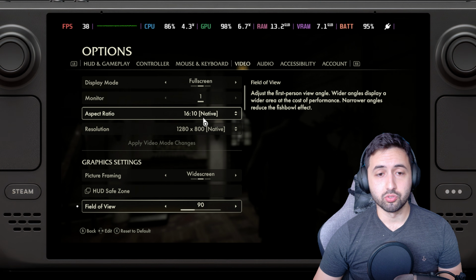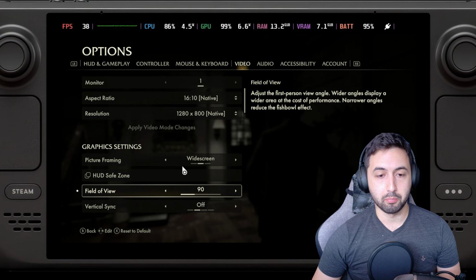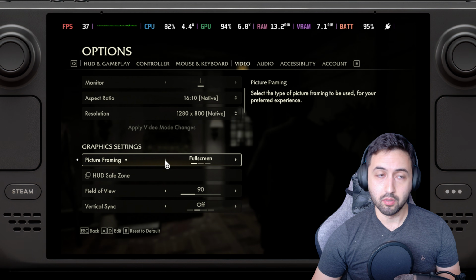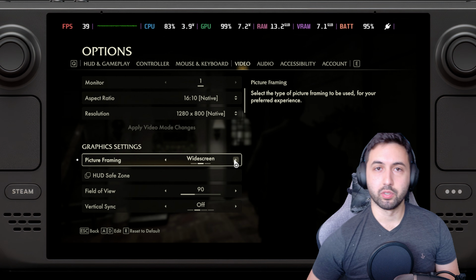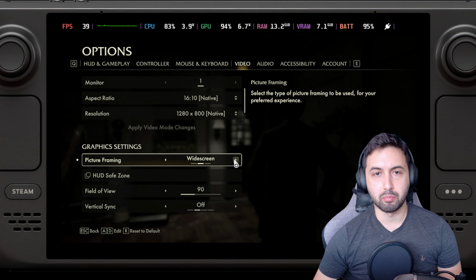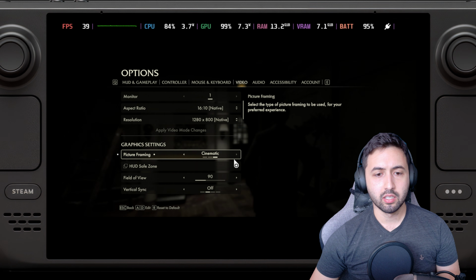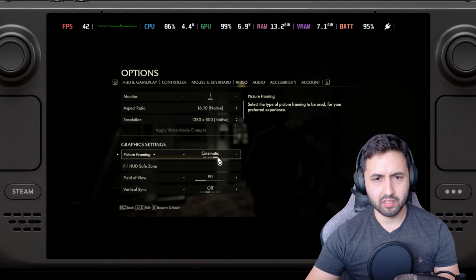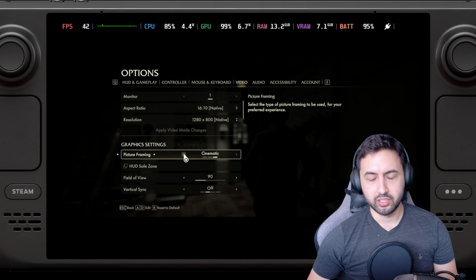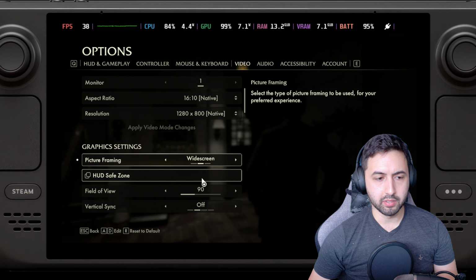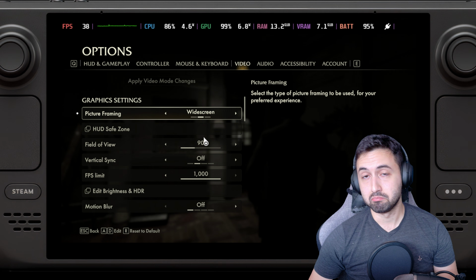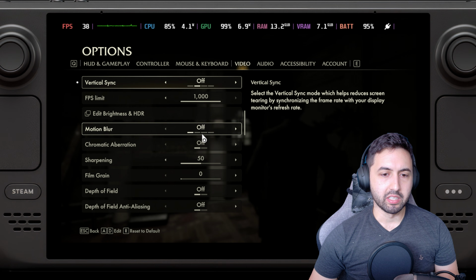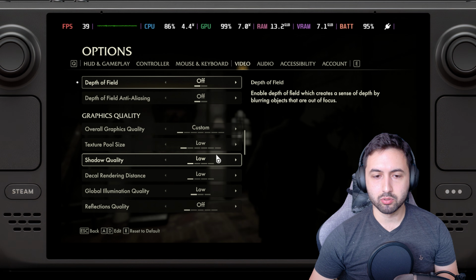Welcome to Indiana Jones and the Great Circle. Options menu, you got picture framing on widescreen, full screen, which is the entire screen. Widescreen is 16:9, which we are going to use for the extra performance and minimal cropping. And cinematic, which, well, it's like a movie. It's wider than 21:9, but you have huge black bars, so put it on widescreen, 16:9, but hey, what can you do? FOV 90 degrees, and everything on the absolute lowest settings,